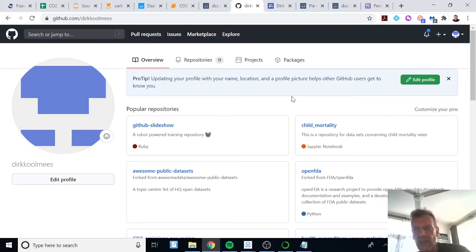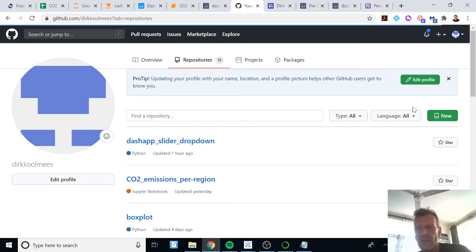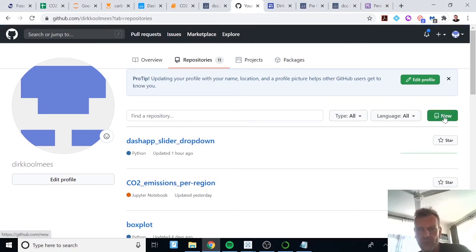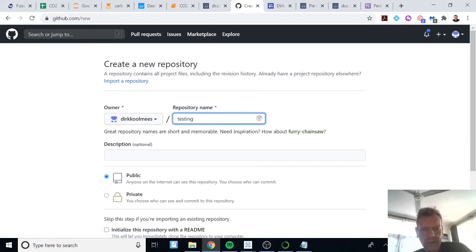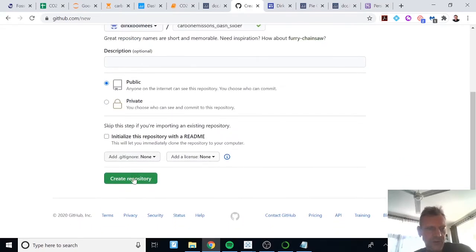First, you want to go to your repositories if you have them already and create a new repository. New. So I'll give this a name. This is testing. Now let's give it a more reasonable name. Carbon emissions dash slider. Let's call it slider. Yeah. No, I'll create this one. I'll leave the standard settings. Create repository,